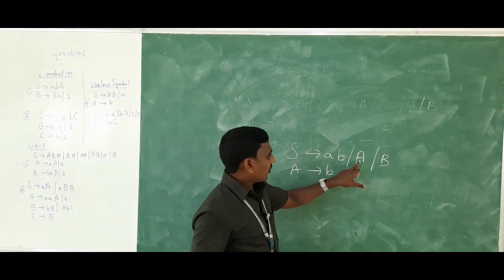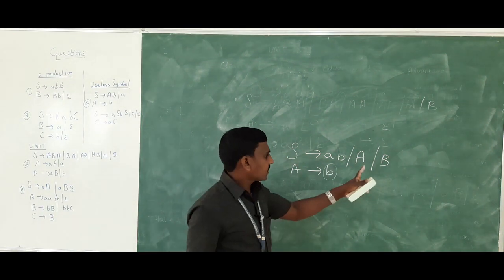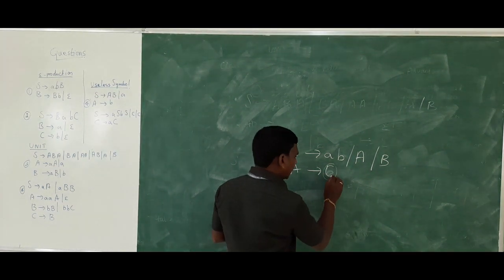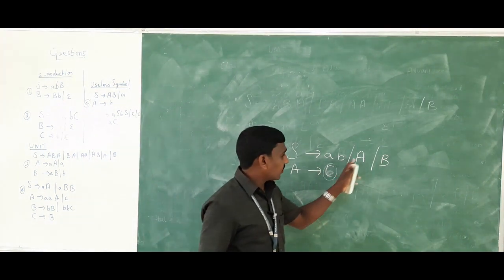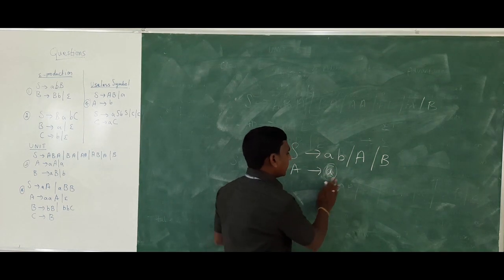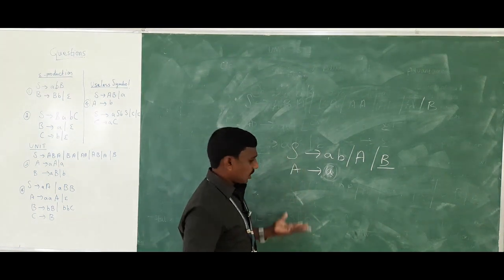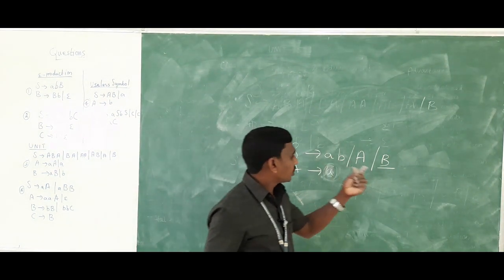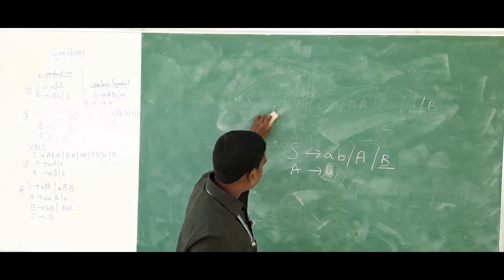Clear? See, for this A, I can substitute this terminal B, a terminal string. So this is a useful production. If I have a variable C, then it is useless, because I cannot substitute a terminal. Another one, B, is a variable, but B production is not there. Anywhere I cannot see any B production. So that is useless. I cannot substitute any terminal for this B. So that is useless. Clear?